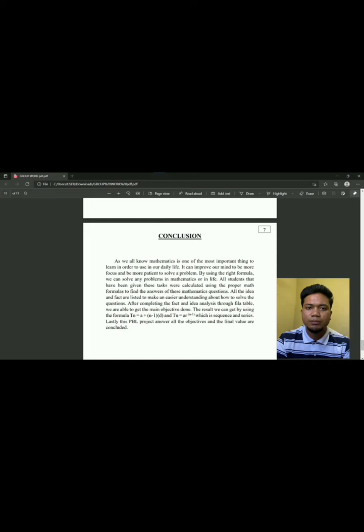the questions. After completing the fact and idea analysis through the filled table, we are able to get the main objective done. The result we get is by using the formula, which is sequence and series. Lastly, this PBL project answers all the objectives and the final value